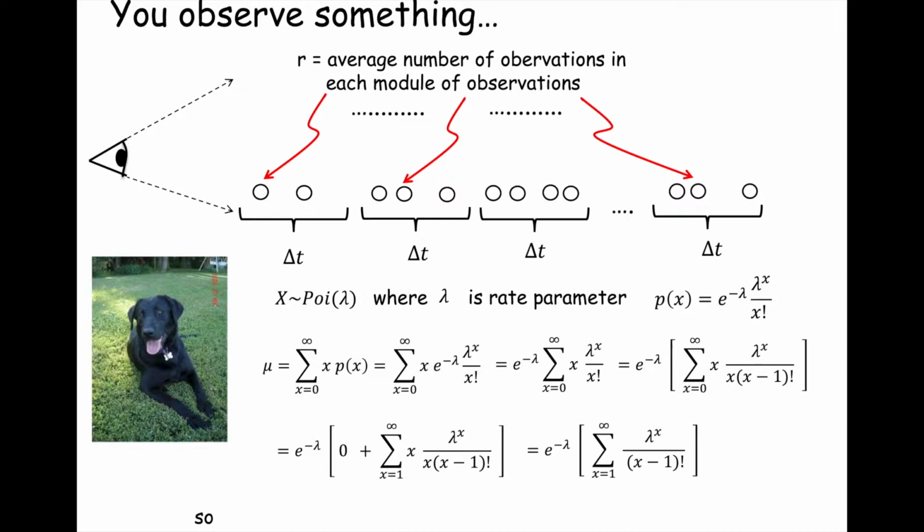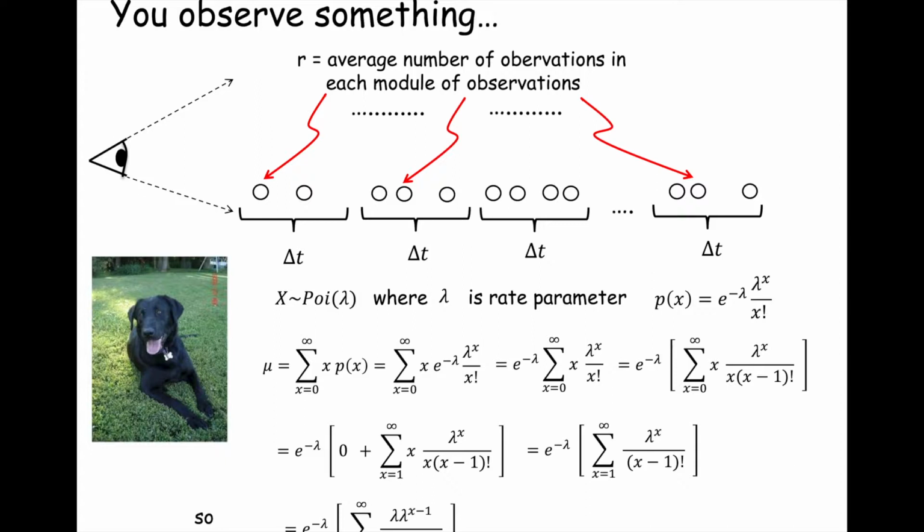Okay, so I'm going to factor out one of these lambdas from that lambda to the x, and that's going to put it in a nice form that's going to look more and more like a Taylor Maclaurin series that I can use to reduce this. Okay, so I'm going to do that. So I do that, and I have e to the minus lambda. That hasn't changed. That was that term that I factored out because it's a free variable. It does not involve that x index for the summation.